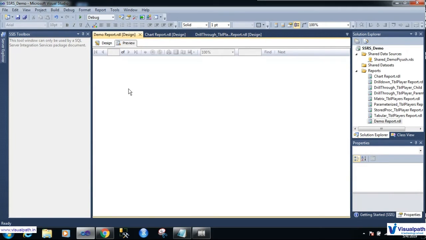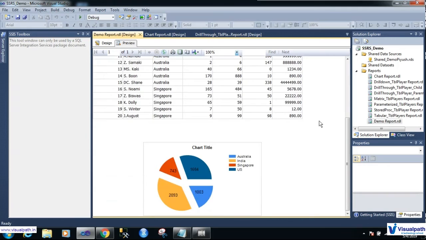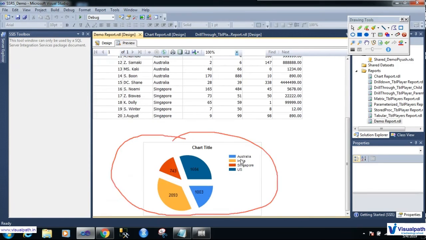You can have a look at how the report looks. So this is the report and this is the chart. You can see you have detailed information about how many runs were made from Australia, India, Singapore and US, but you cannot click here. These are not dynamic.